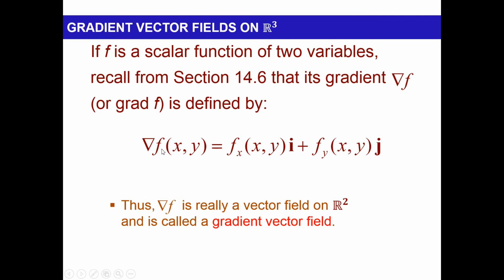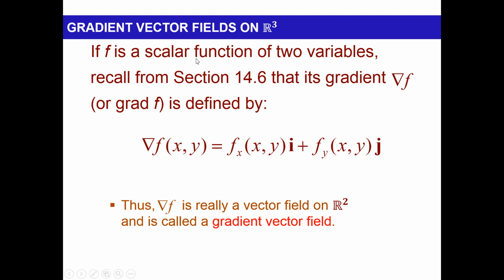Okay, next, this is a very important definition. So far we have learned what a vector field is and how to draw it. So the next definition is the gradient vector field, and you know it very well. Gradient is a vector. We defined gradient in chapter number 14, right? So gradient is a vector.